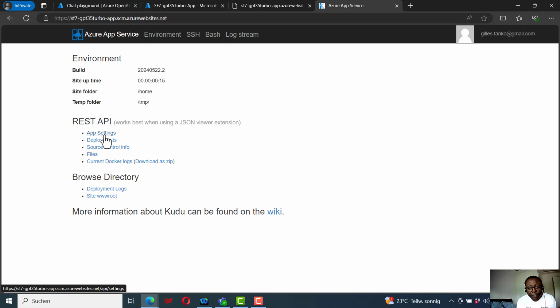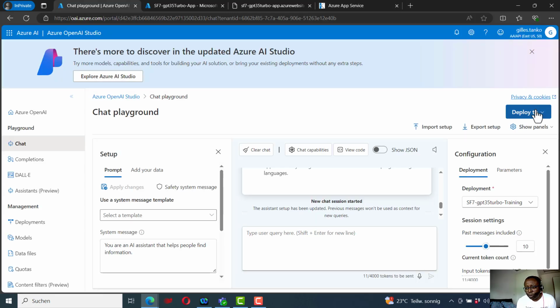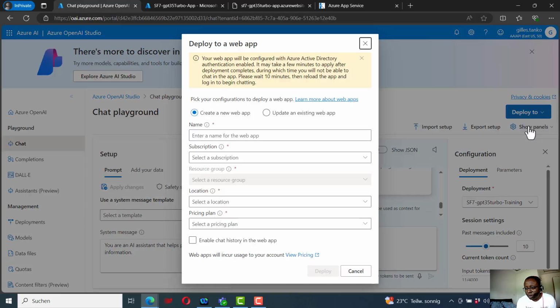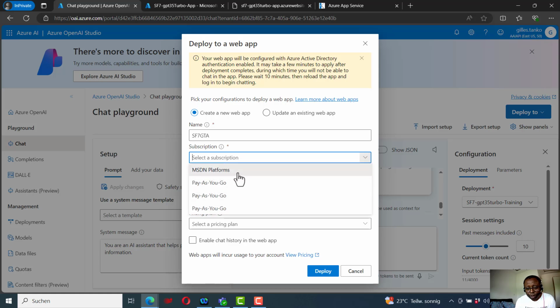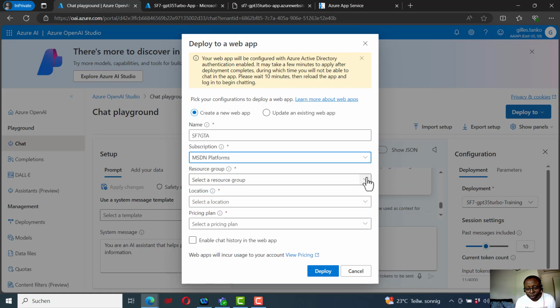If I give here, there is the app login, but let us create a new app. When I deploy an app now from scratch, I will call this a new app, and we'll call this Chef 7 GPT, Chef 7 GTA. Yes, I call it GTA, and select again here my subscription, and I will select the same resource group, and